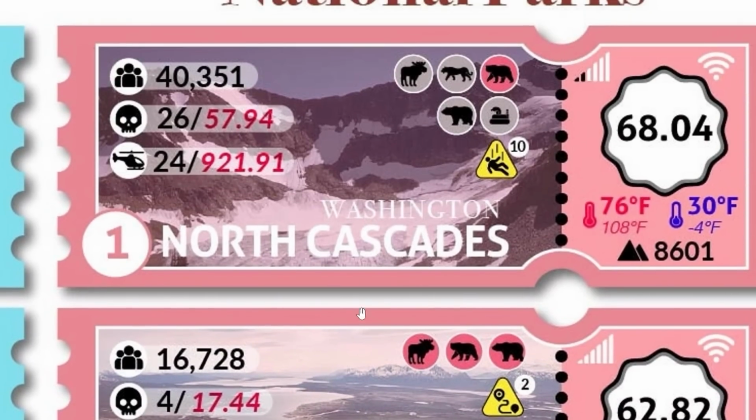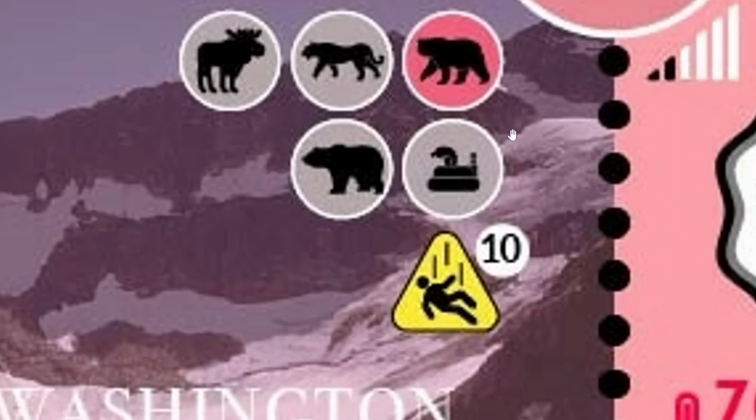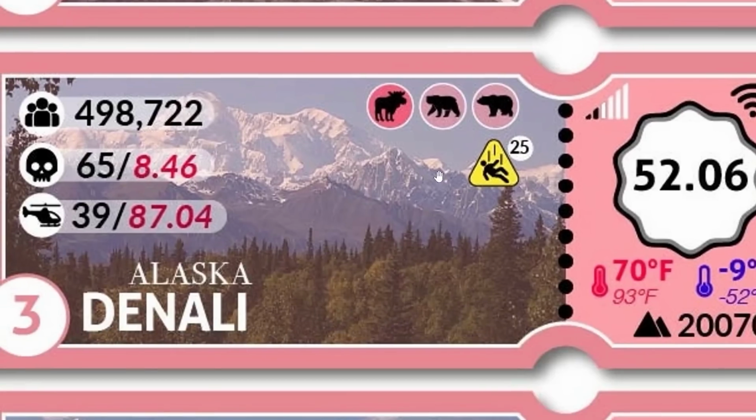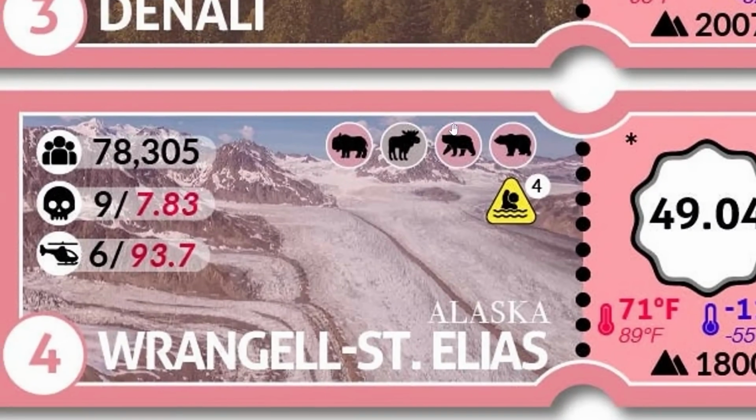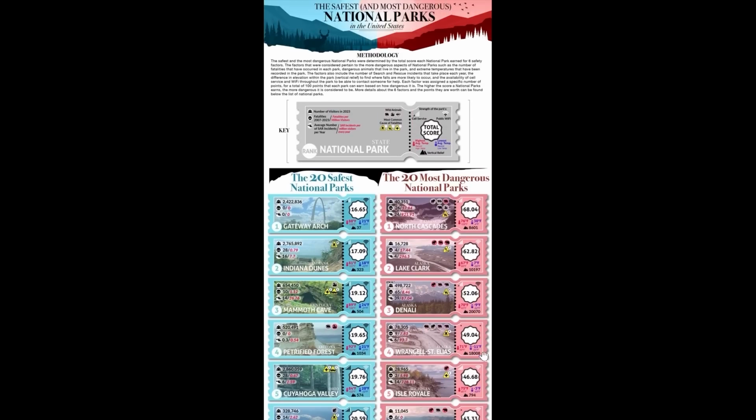Alaska, and number one is actually Washington. I knew Alaska was gonna be bad. This might just be because no one goes here. Only 40,000 visitors and 26 casualties, mostly because of bears. In fact, not all of them, but they all have bears as a problem. Clearly, a lot of people just fall here. So unsurprisingly, it is the most rural state that the US controls, Alaska. They also have some of the most beautiful national parks, though, at the same time.